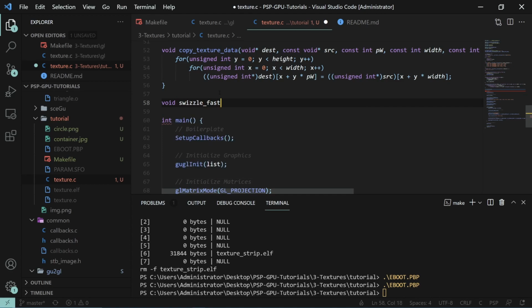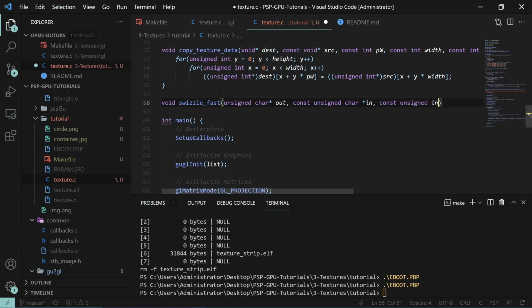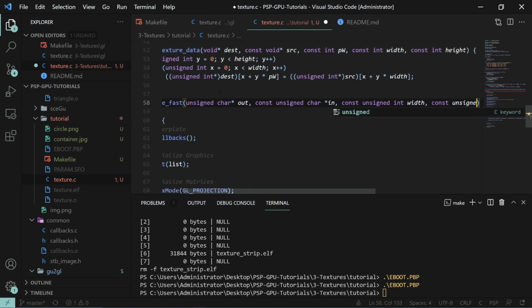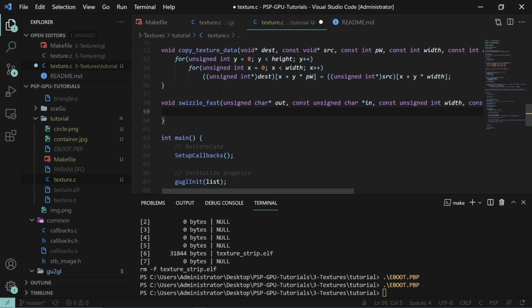And what this does is it performs an operation known as swizzling. And what that does is it essentially remaps the way that an image in memory looks. Now, what's important to understand about it is that essentially it maps it in a more cache-friendly way. So whenever you have data that you're reading, usually the CPU caches that data, and essentially that data is going to then be read